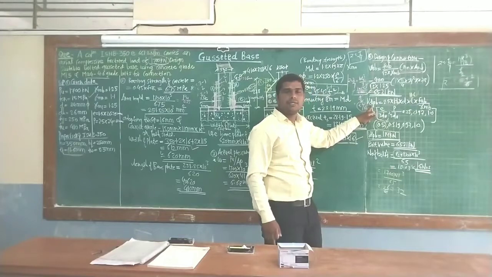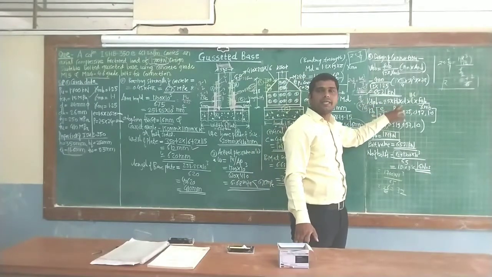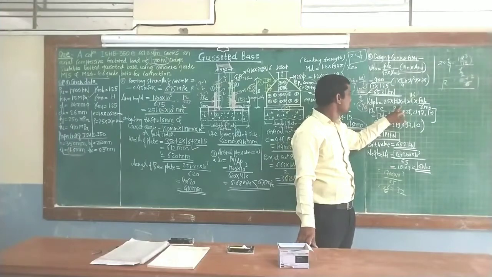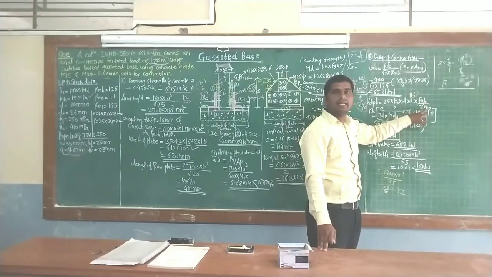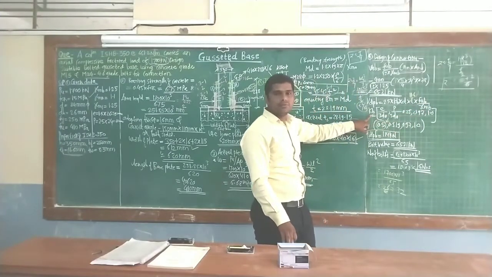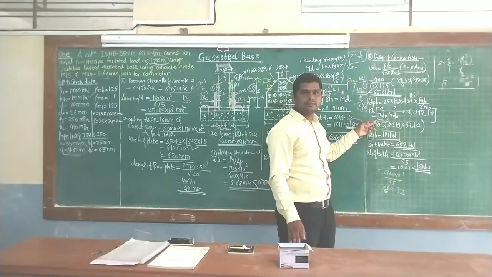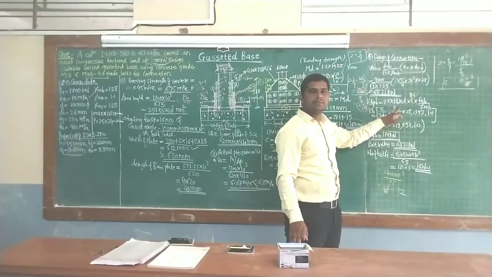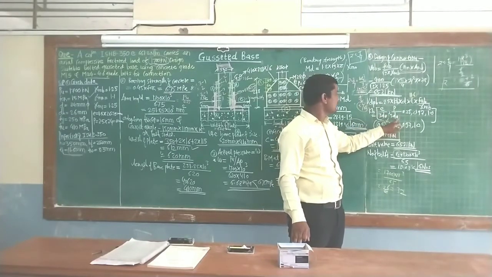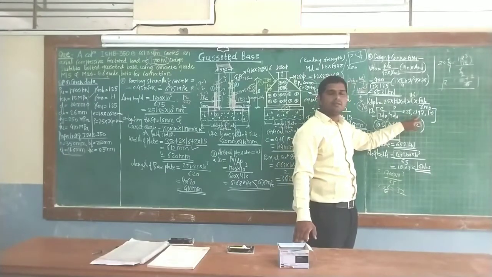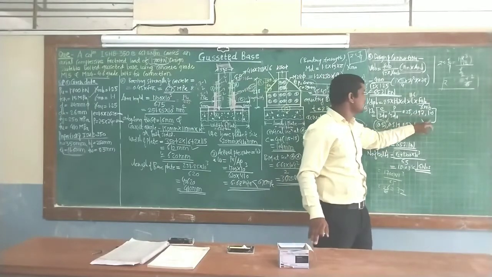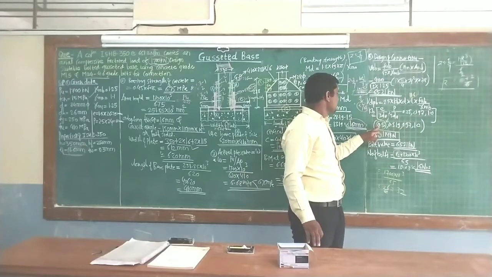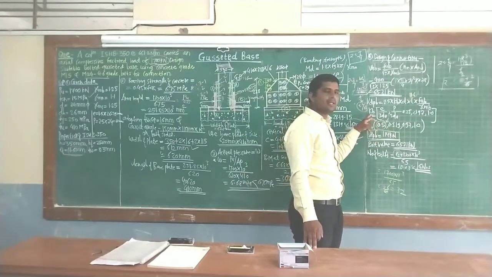Then find out the VDPB by using 2.5 into kb, that is a constant or smaller value, and diameter of the bolt into thickness of plate into FUV divided by gamma MB. Then the KB value we are going to find out by using this equation: E divided by thrice of D0. Second factor is P divided by thrice of D0, that is diameter of hole, minus 0.25. And here 400 divided by 410, so the ratio will be 0.97 and the maximum value will be 1. Then the minimum value we got, that is 0.5.